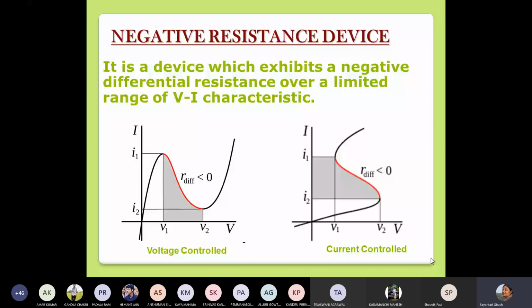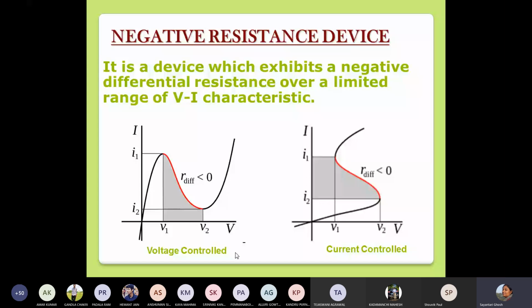These devices have a very special region where you have a negative differential resistance. So what is negative differential resistance? We know that Ohm's law says that V is equal to IR, and it directs us towards at least a piecewise linear dependency between I and V, and these are proportional to each other. So most of the time, for the devices that we have, if you increase the voltage, the current either increases or at most saturates.